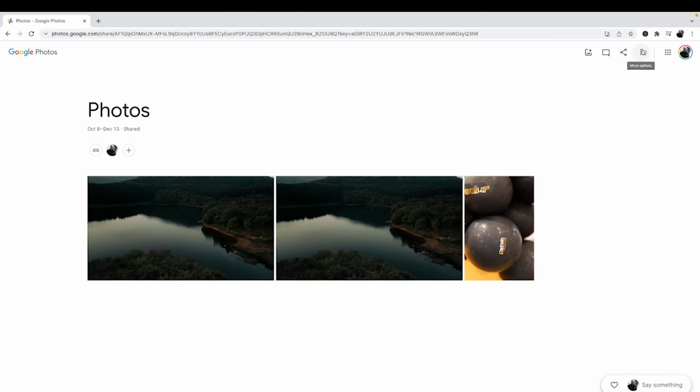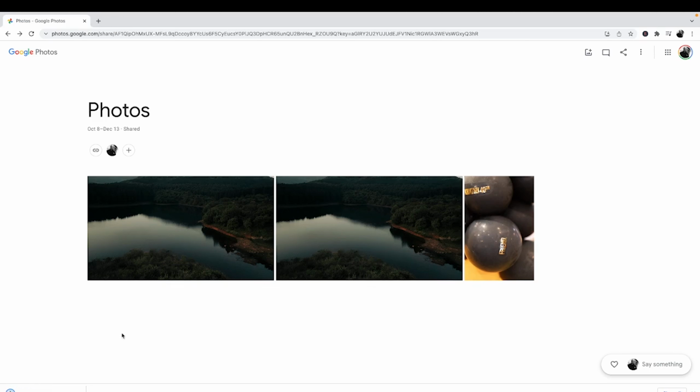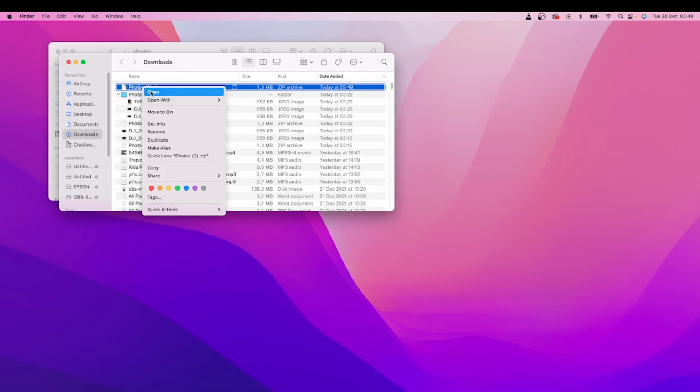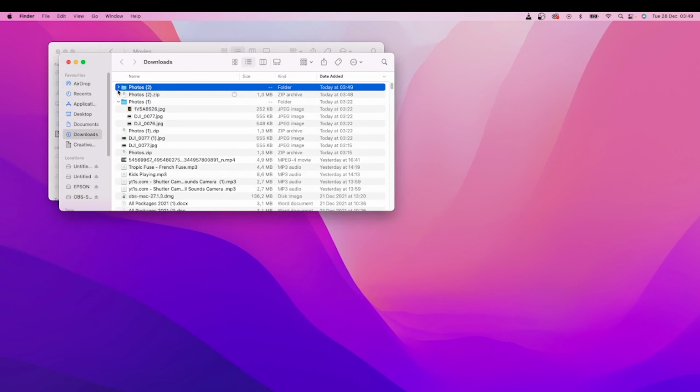If you want to download all the photos, you just go to these little three dots there, then you go download all. Then it will download the zip file on your local machine, which in most cases will be in your download directory. If you go there, it will be in your download directory. Then you can go open, and if you check, all those three photos are there.